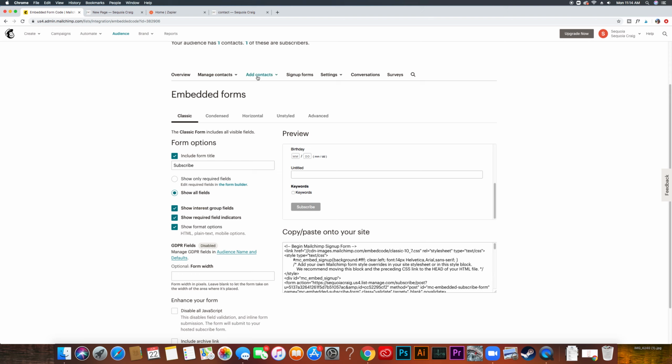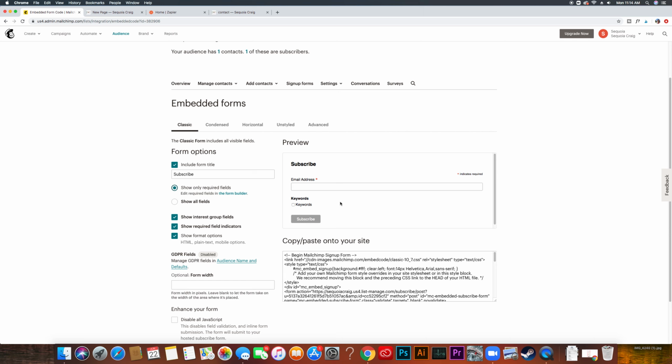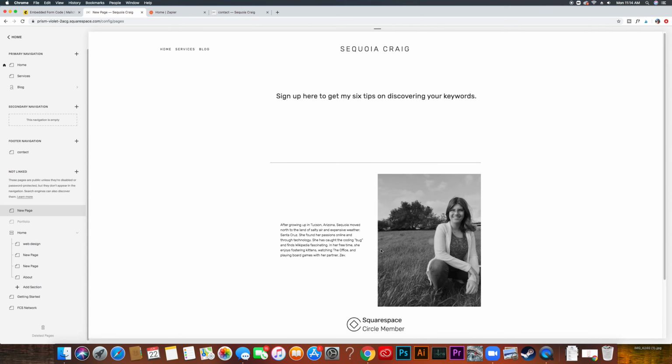So what you want to do is add a group to your Mailchimp. So we're not going to use tags with this one. We're going to use groups. You're going to create a group and we're going to show interest group fields. Now, I don't need their birthday or any of that. This is what it's going to look like. So if I take this and I copy it over here,